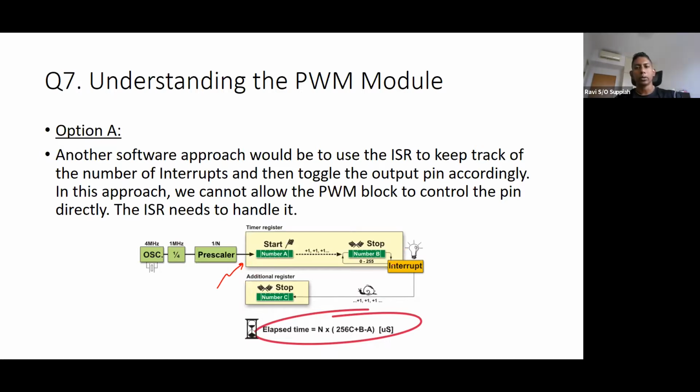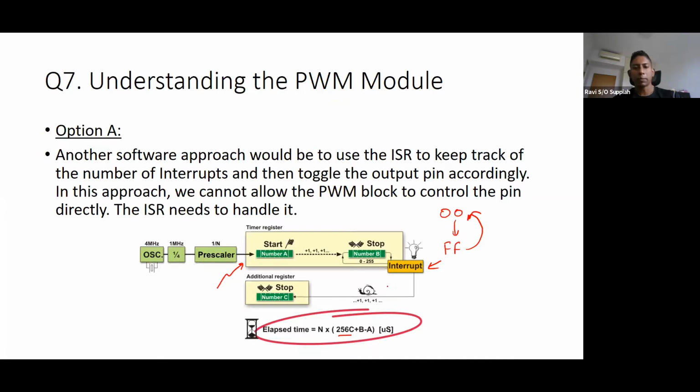All right. So we know that instead of generating a PWM directly in the module, I can use this to trigger a timer. A timer module is basically something that will count, let's say from 00 all the way to FF. Okay, and after that it rolls over. And when it rolls over, I can say, okay, generate an interrupt. Whenever it generates an interrupt, I can have another register to keep track of how many times it has rolled over. If it rolls over one time, I have completed 256 counts.